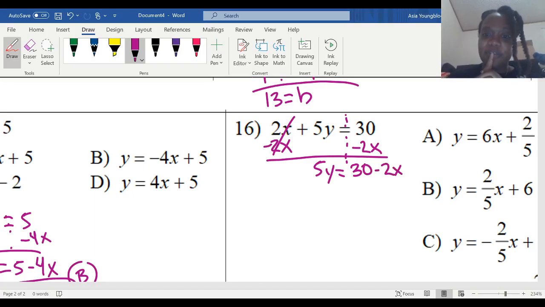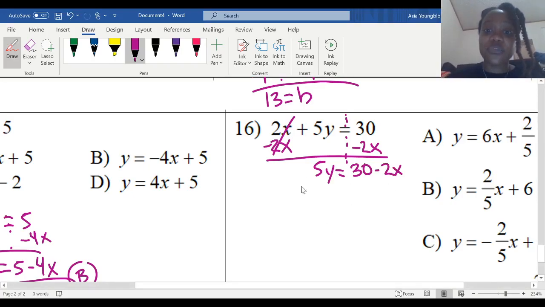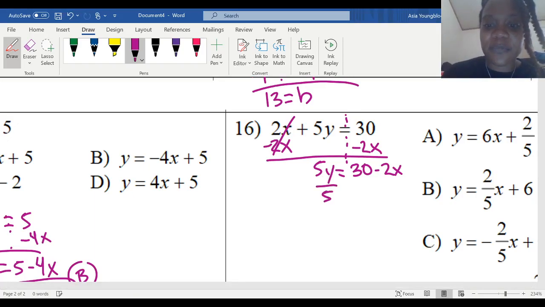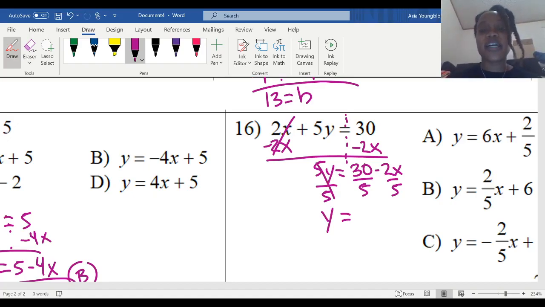To get y by itself, we need to move this 5. In order to move it, we can move it with division. So when a number is written right next to a variable, that's multiplication. So to get the variable by itself, we need to divide both sides by 5. Dividing both sides by 5 leaves us with y on the left side. And on the right side, we need to make sure that we distribute this division to both terms. So we need to divide this 30 by 5 and this negative 2x by 5. So that gets us y equals 6 minus